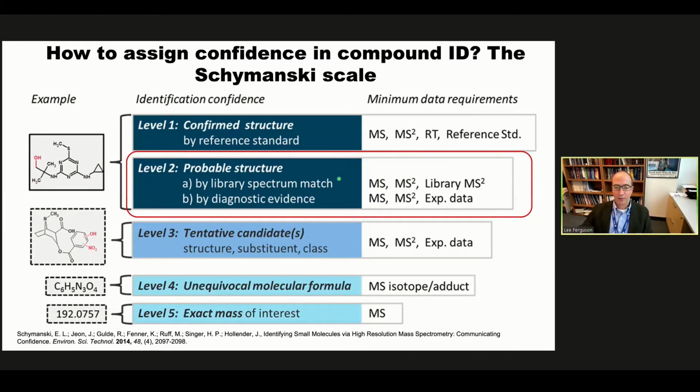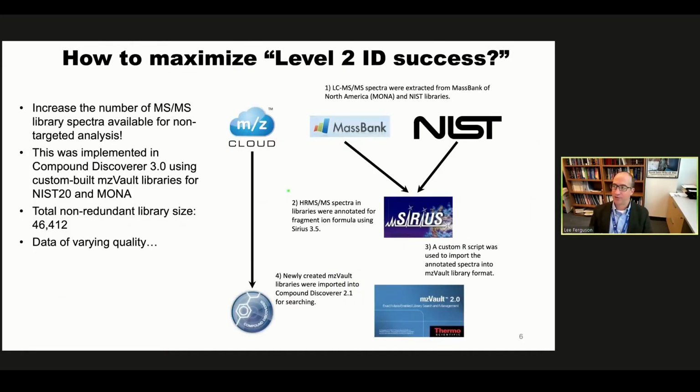So critically, what we need here is library spectra, so mass spectra that have been compiled for reference standards, or we need some kind of diagnostic evidence to prove this. So we've attempted in my laboratory to maximize success in being able to annotate at this probable structure level. And the way we do this is pretty simple. We just need to increase the number and the quality of MSMS library spectra that are available for this